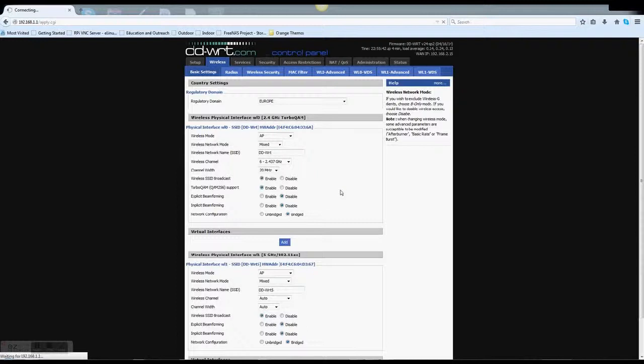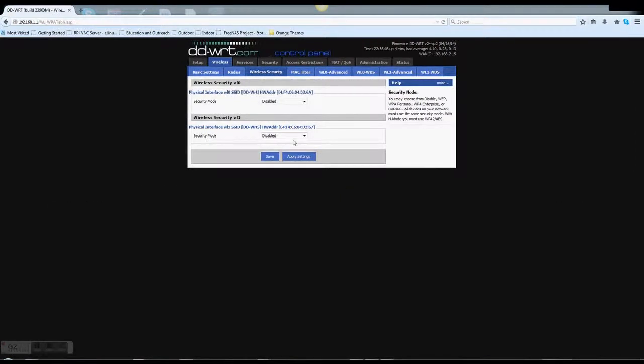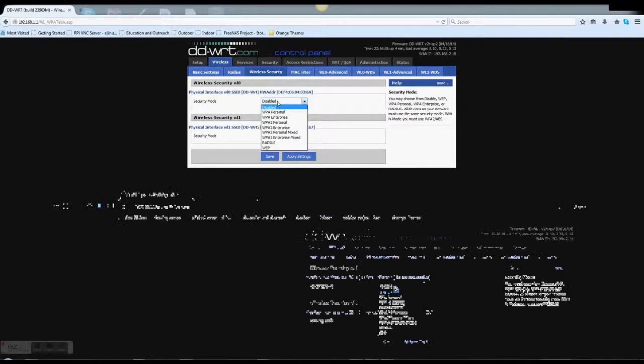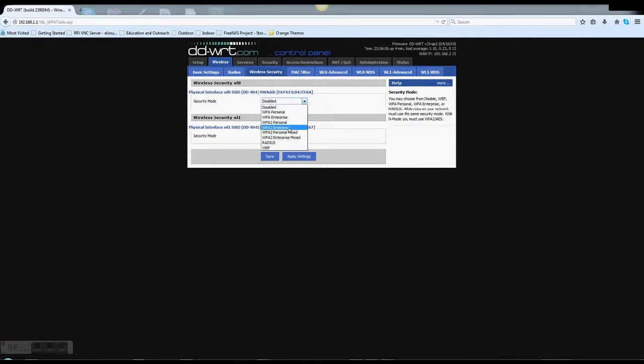The DD-WRT version 24 SP2 has basically a full-blown proper Radius server. By default, as you can see, the security mode is none and none, so it's quite open for anybody to connect to. WL0 is for the 2.4 gigahertz, WL1 is for the 5 gigahertz